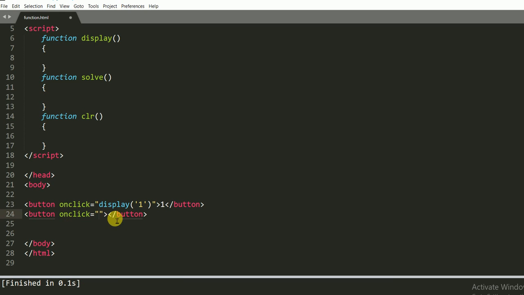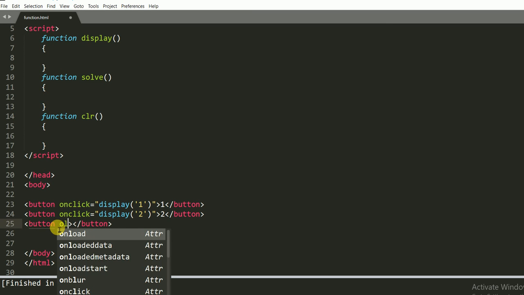On click I call function display. And I took two buttons, 1 and 2, and after that I need any sign like plus, minus.